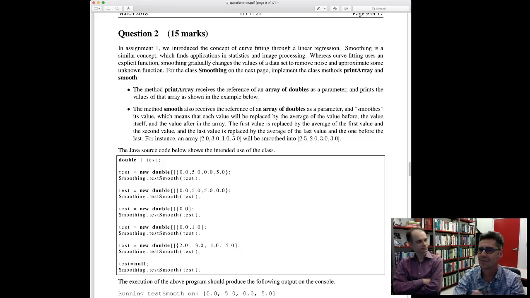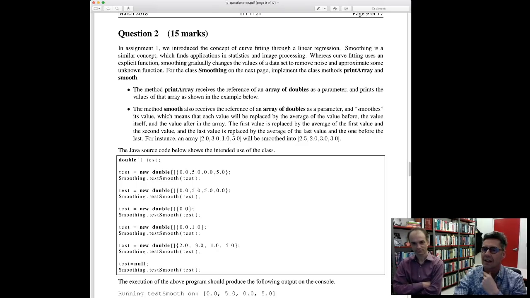So every position i of the array was to be replaced by the average of 3 values: the one at i minus 1, the one at i, the one at i plus 1. So many students were proposing solutions with the average of only 2